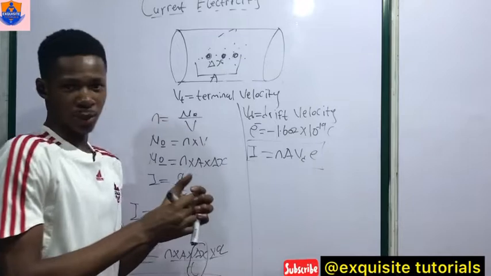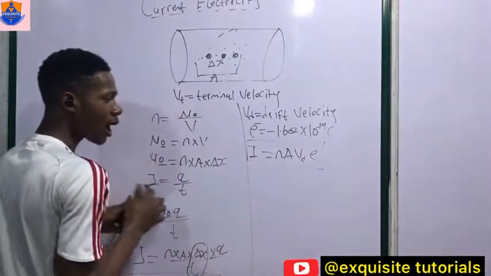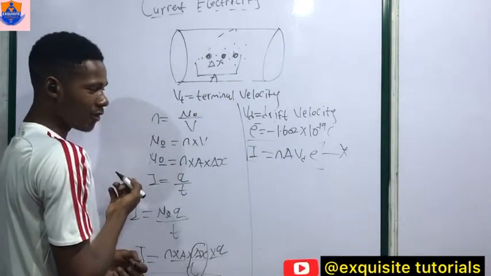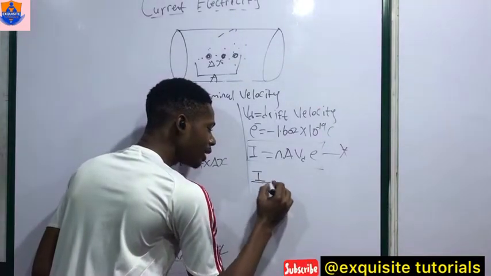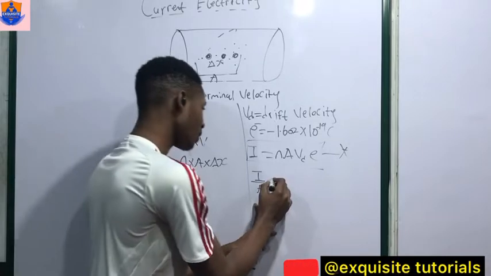This will later be talked about in our future videos. Now, from this equation again, I want to do something. Let's divide both sides by the area and see what we are going to obtain. If I divide both sides by the area, I will obtain current per unit area, which is I over A,